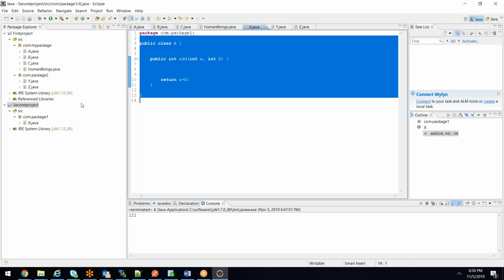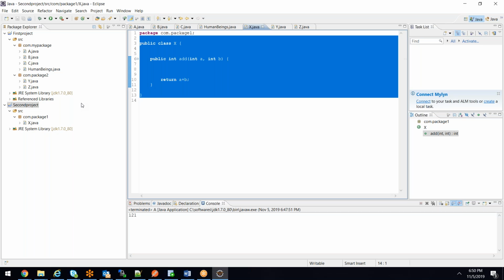So how will I get that class? She is exporting the entire project as a jar file and giving the jar file to me. Then what do I do with that jar file? I'll keep that jar file on the build path of my project. Now my project knows all the classes and all the packages that are created by Divya.